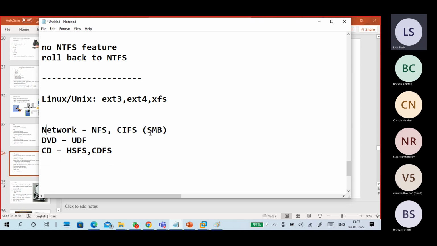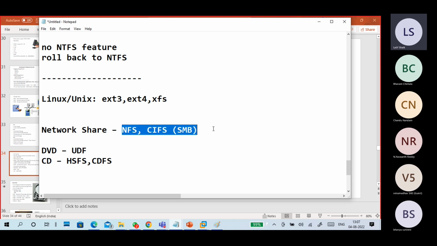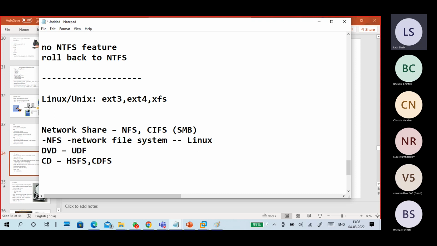In a network, why network it is? When you use network shares, like you want to share the data through the network, that data will be shared using network protocols called NFS and CIFS: network file system, and CIFS, common internet file system. So here small points are there, guys. NFS, network file system, we are using similar to Unix